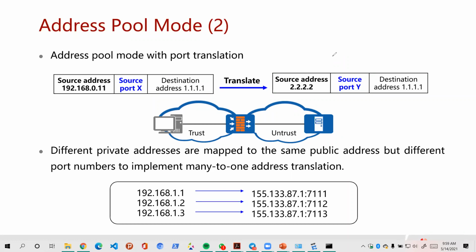So numerous users can access the internet at the same time. This technology uses layer 4 information to extend layer 3 addresses. So theoretically speaking, you have about 65,535 private addresses that can be translated into the same public address, because